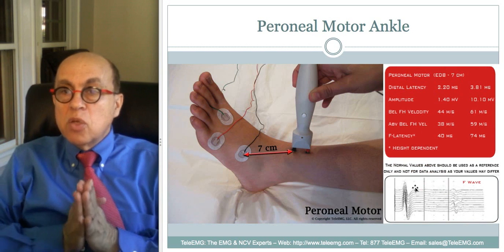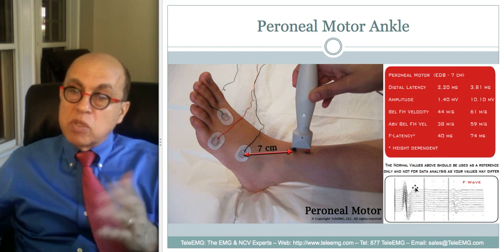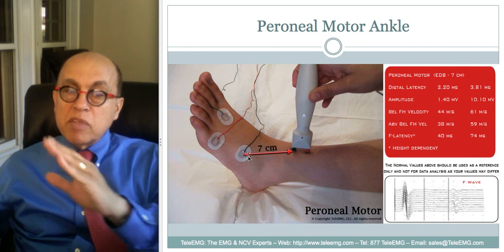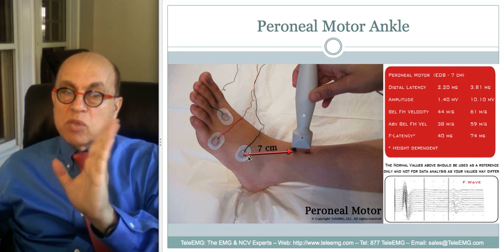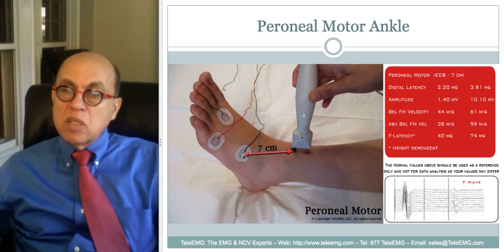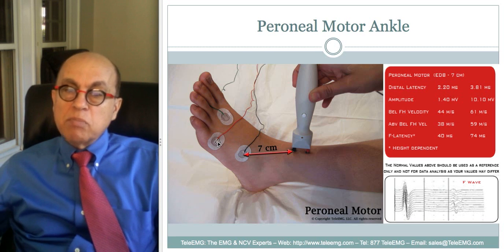Then we start studying motor nerves in the lower extremity, and the first motor nerve that we study, as I was telling you, is the peroneal nerve that we stimulate at the ankle. We stimulate the peroneal right here in front of the ankle bone, and we record from the extensor digitorum brevis muscle. That's the muscle that brings the toes upwards, okay? And it's in this area of the foot. So that's where we put the black active electrode, and we put the reference electrode rather below it,